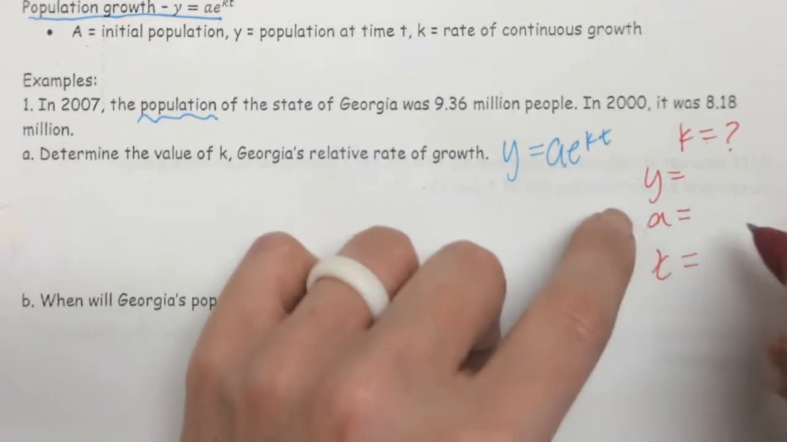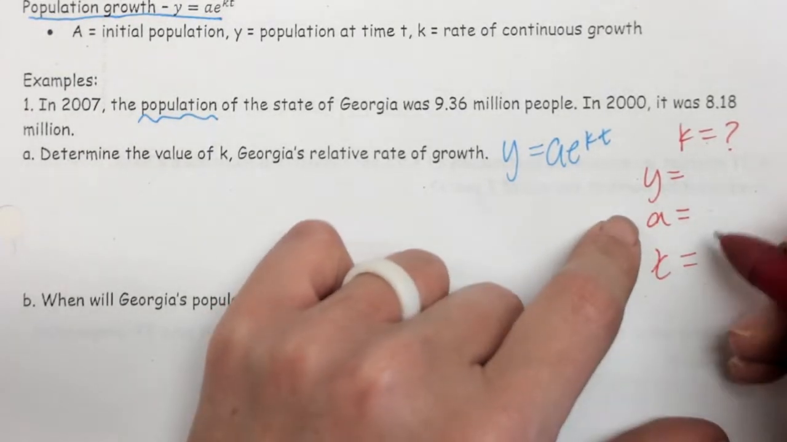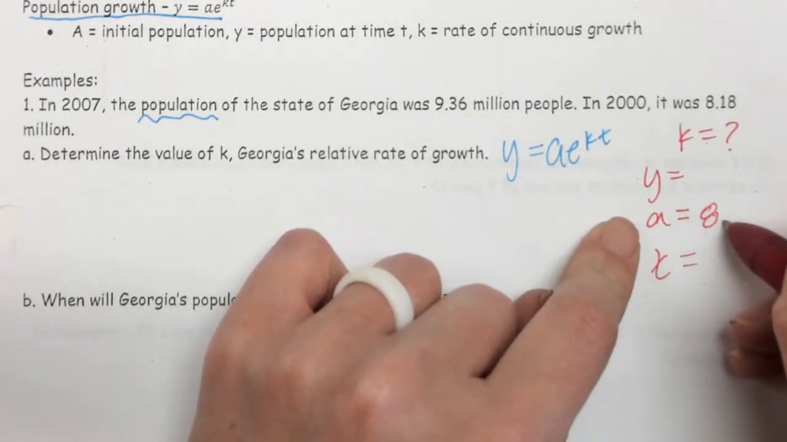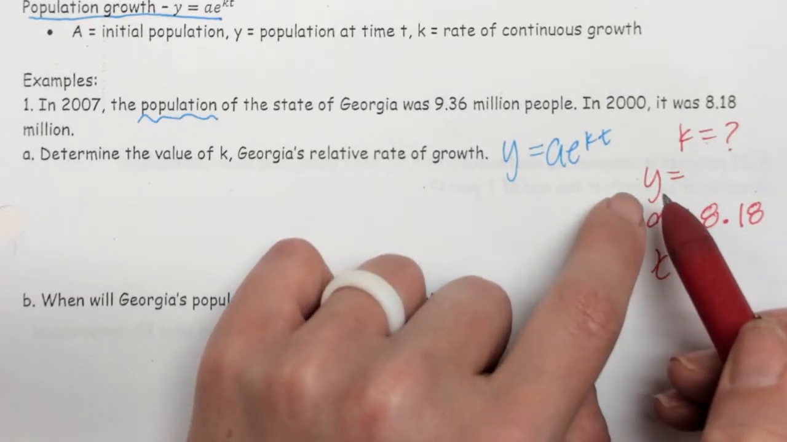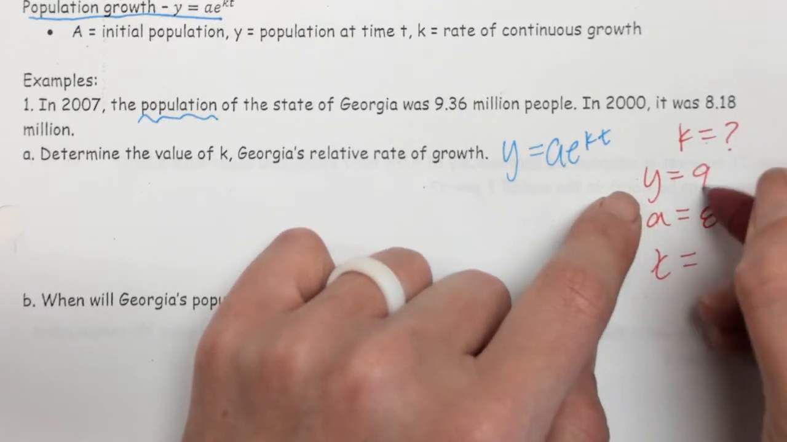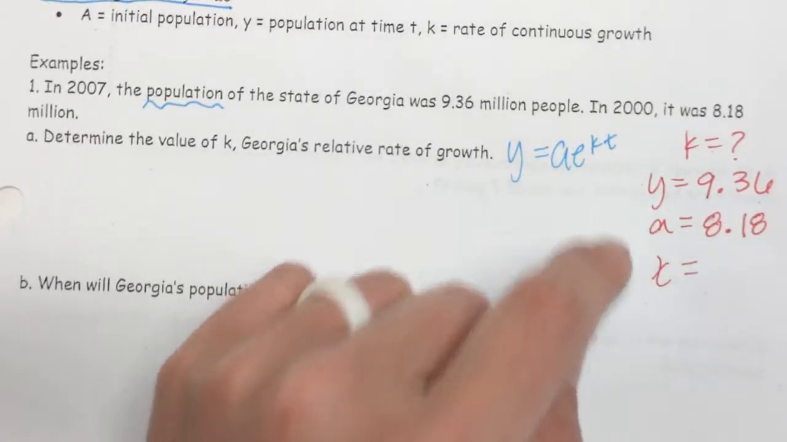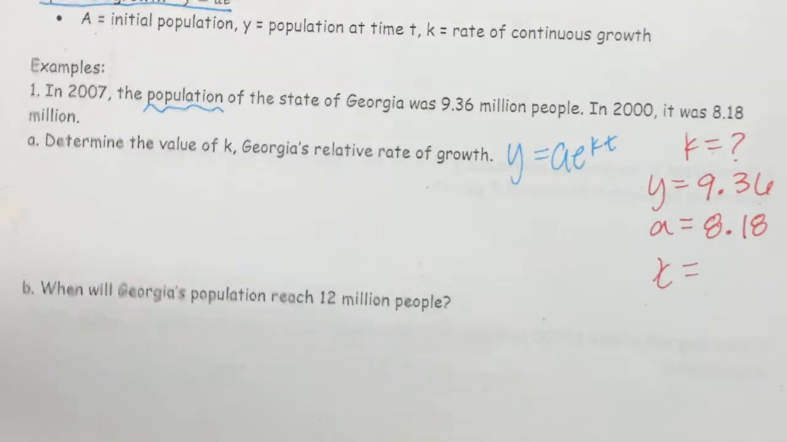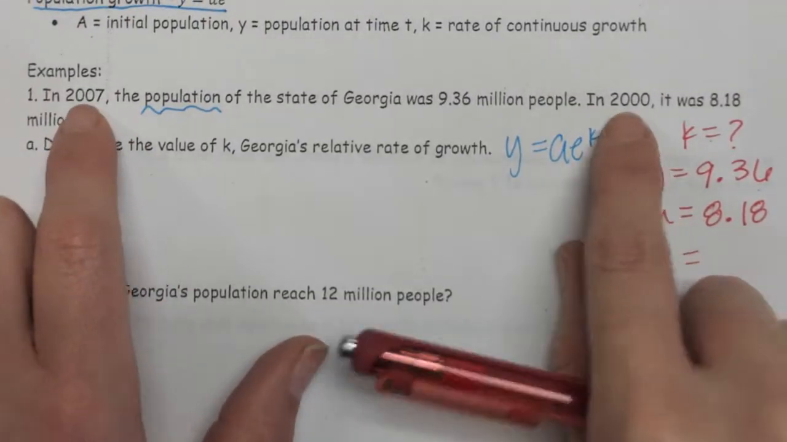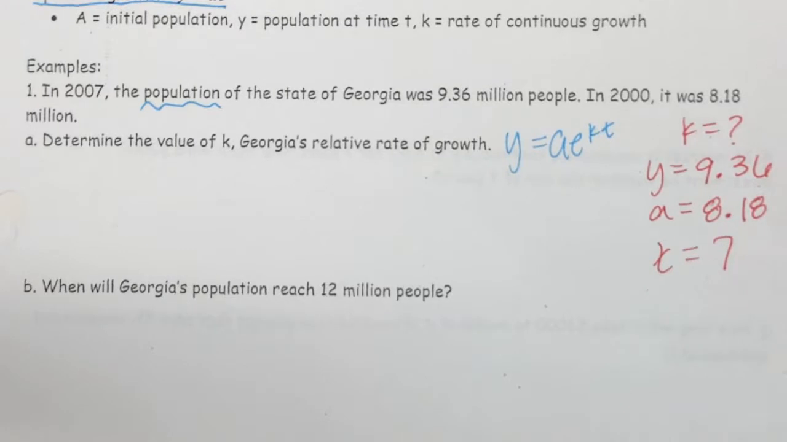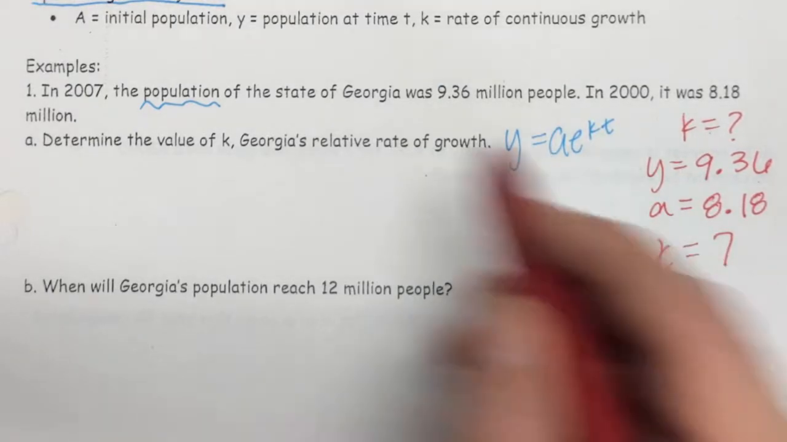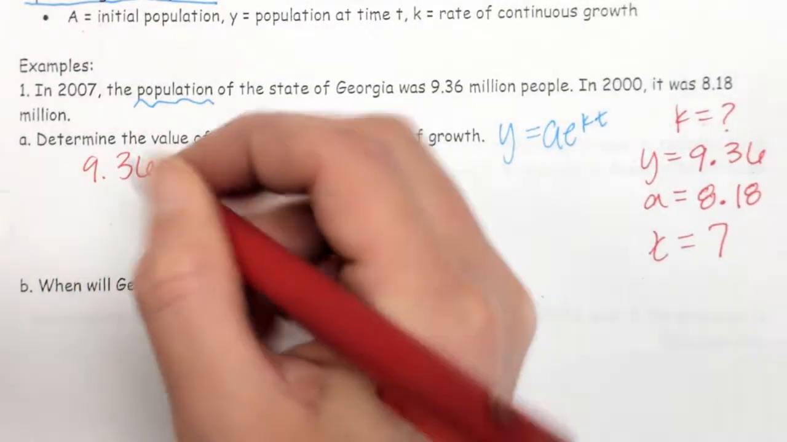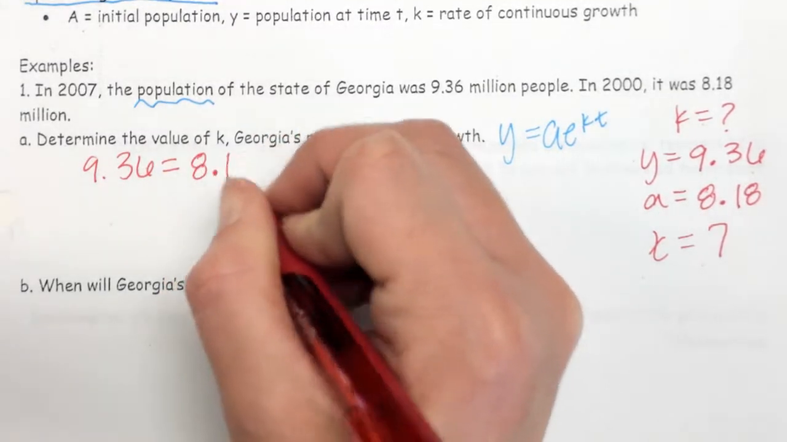Alright, let's start with A. This is the initial population. So what did Georgia start with? Very good. The Y is going to be what the population is after the certain amount of time. Okay, and what is the time on this one? How do you know? Yes, so between these two is 7 years, so that's our time. So now let's go ahead and plug everything in. So instead of Y, we'll have what? Equals, very good, e to the